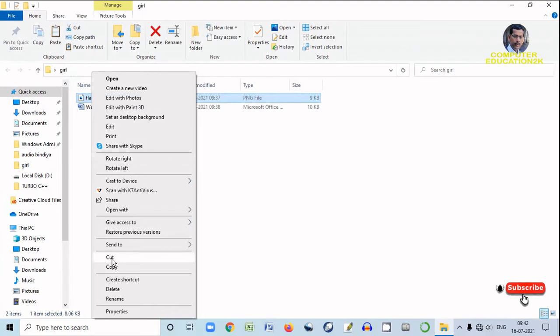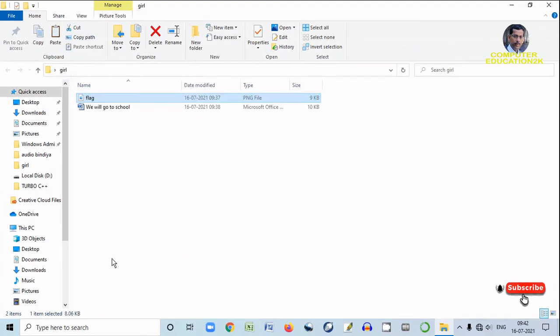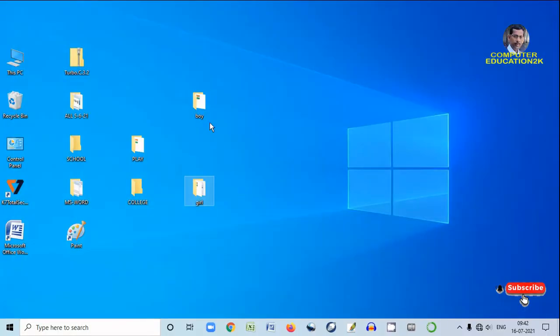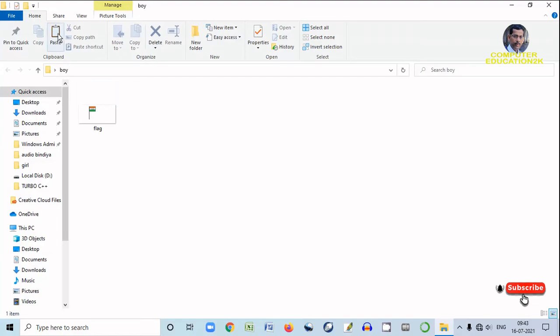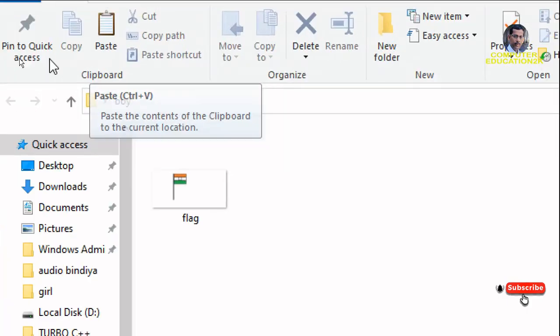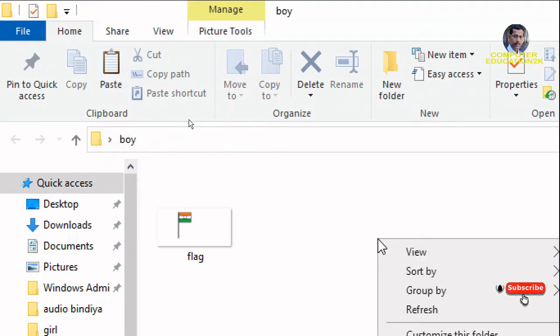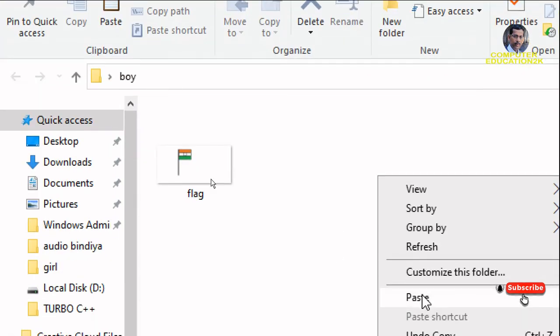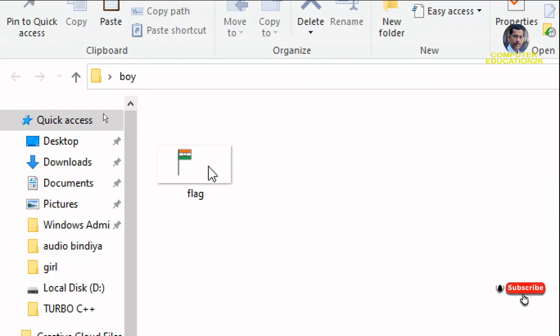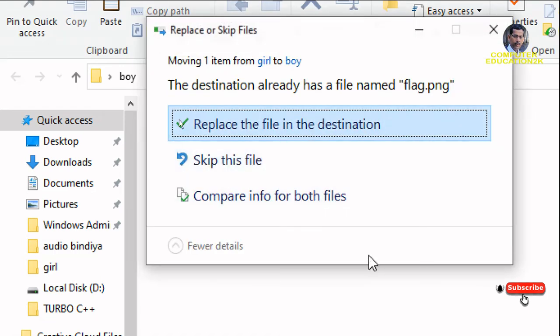If you cut it, then it will go from here and it will be placed in another folder where you paste it. So I'll close this, and I'll come to the boy folder. I'll open it, and then I'll go to the clipboard group and paste it, or I'll right click and paste. See, the flag file has come.